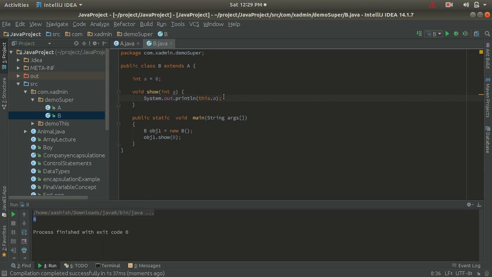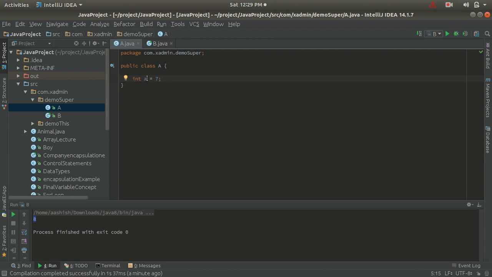And now guys, if I want to display the value of the class A, and guys, here the class A is a super class or a parent class. So guys, here if I want to display, then here I can use the help of the super keyword. So guys, if I write the super dot A, then guys, it is going to take the value from the class A. So guys, this is the class A, and we have the value 7 of a variable A. So now guys, if I want to take the value of the parent class, then we can use the super keyword to take the value of the parent class.